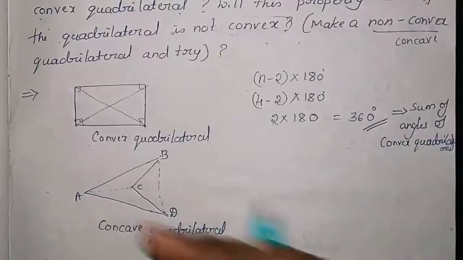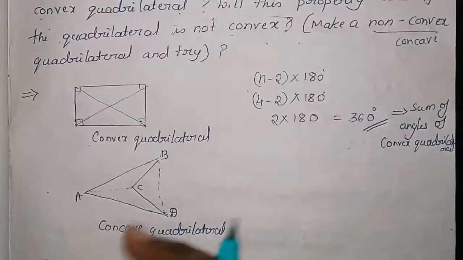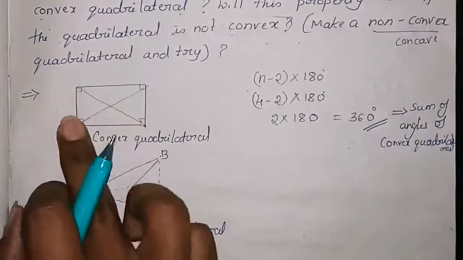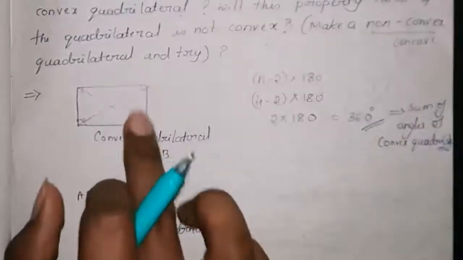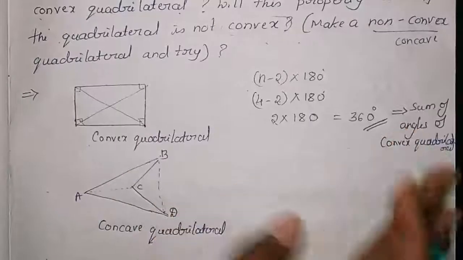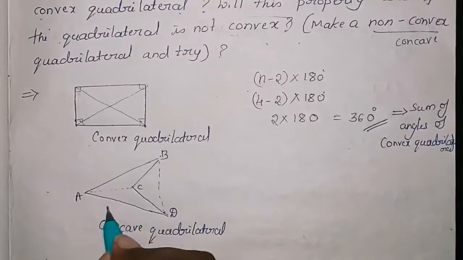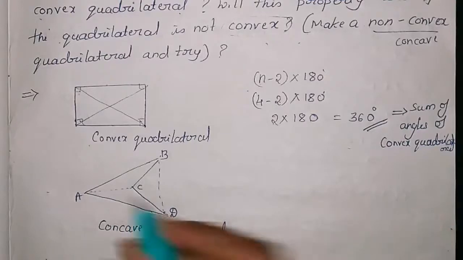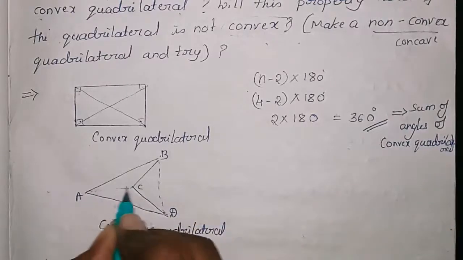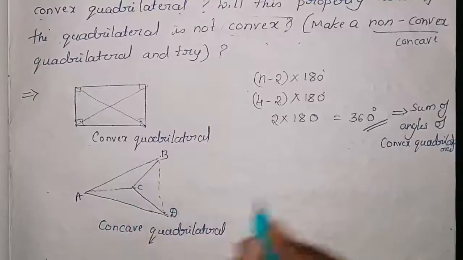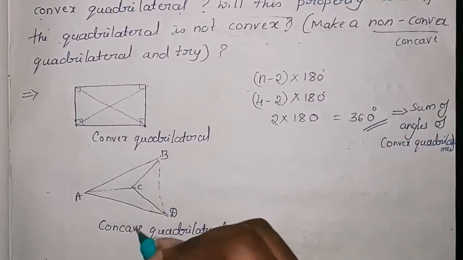Now we have to check whether in a concave quadrilateral it is the same or different. Even here you can think: 90 plus 90 is 180, 90 plus 90 is 180, 180 plus 180 is 360. That is also the same method. But here, as it is not a perpendicular, we can't think that way. So one thing we can do is consider this one as one triangle and another one as another triangle. The sum of the two angles you can do.